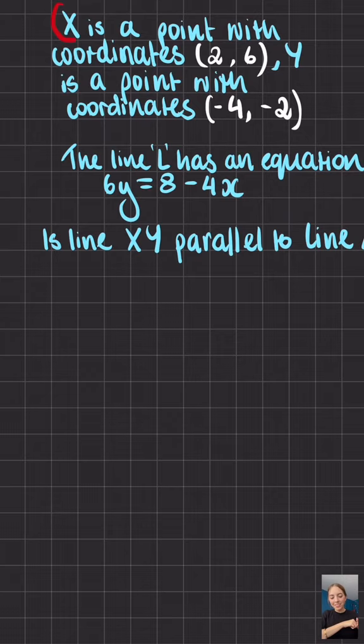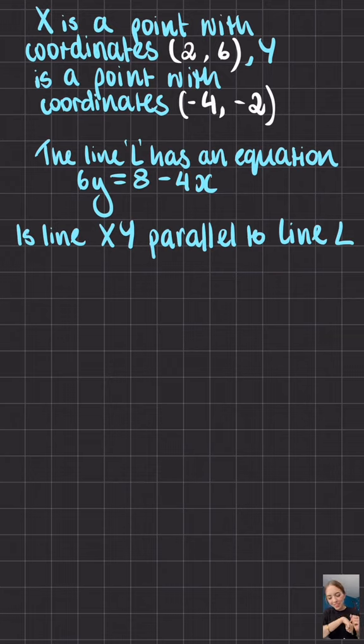Lock in so you don't lose marks on a straight line graph question ever again. In this question, we are told that X is a point with coordinates (2, 6), and Y is a point with coordinates (-4, -2). We are told line L has an equation 6y = 8 - 4x, and we are asked, is line XY